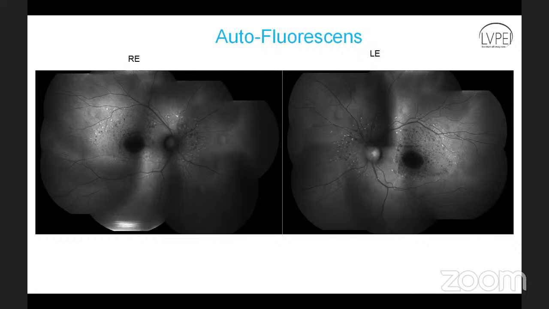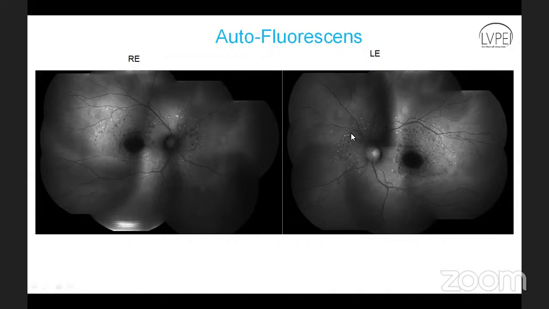A well demarcated, coin-shaped hypoautofluorescence at the macula mostly indicates there is loss of retinal pigment epithelium at the macula. In addition, you see a few hyperautofluorescent speck-like things, which typically spare the disc. There is no hyperautofluorescence in and around the disc, so there is peripapillary sparing. You also see a few hypoautofluorescent along with hyperautofluorescent ones. These are nothing but retinal flecks.